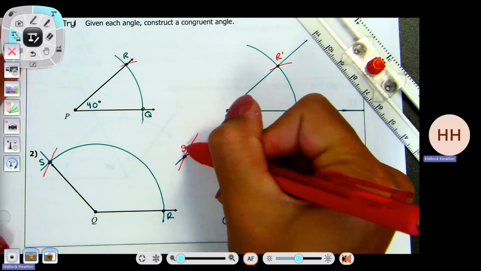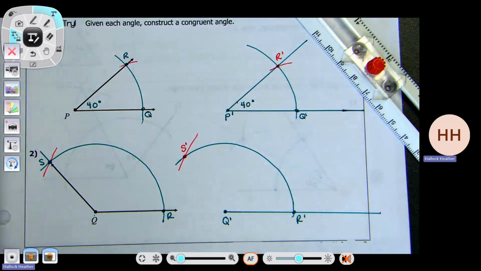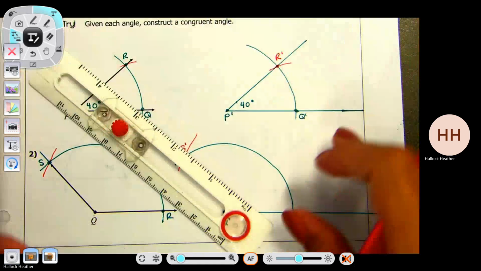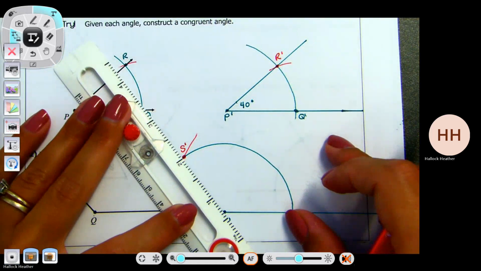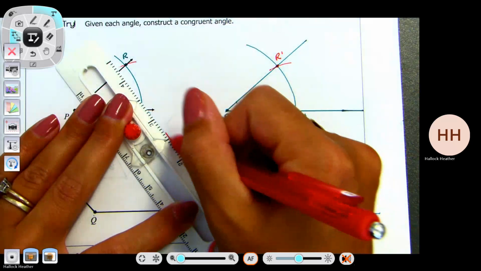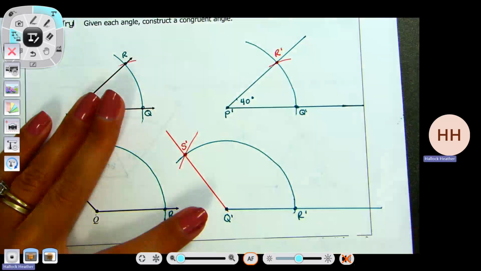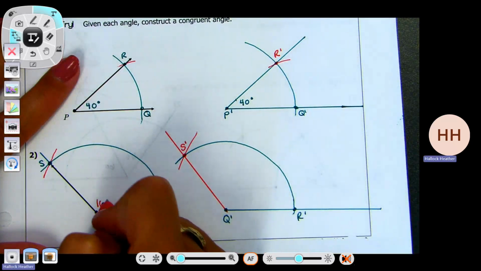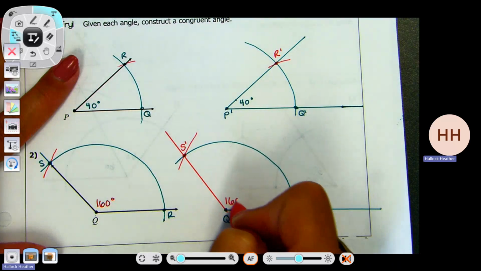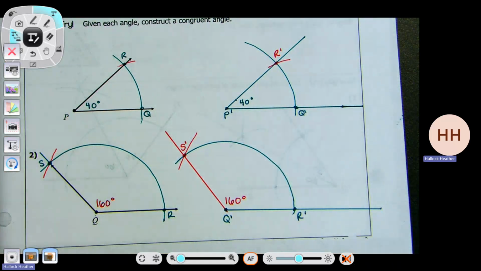And then the last step, I'm going to connect S prime to Q prime, which is copying the angle. There you go. So if this was 160 degrees, this would also be 160 degrees because you're copying it. It's literally the same. So the second piece of paper is literally just practice. So if you want to start on your practice,